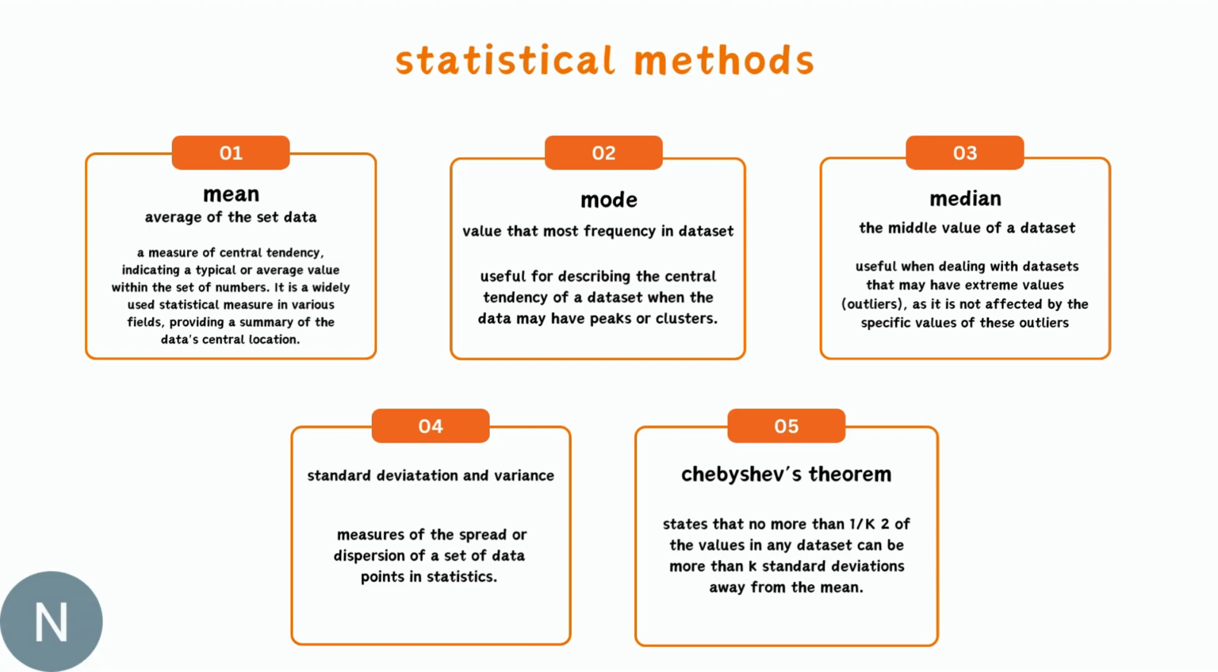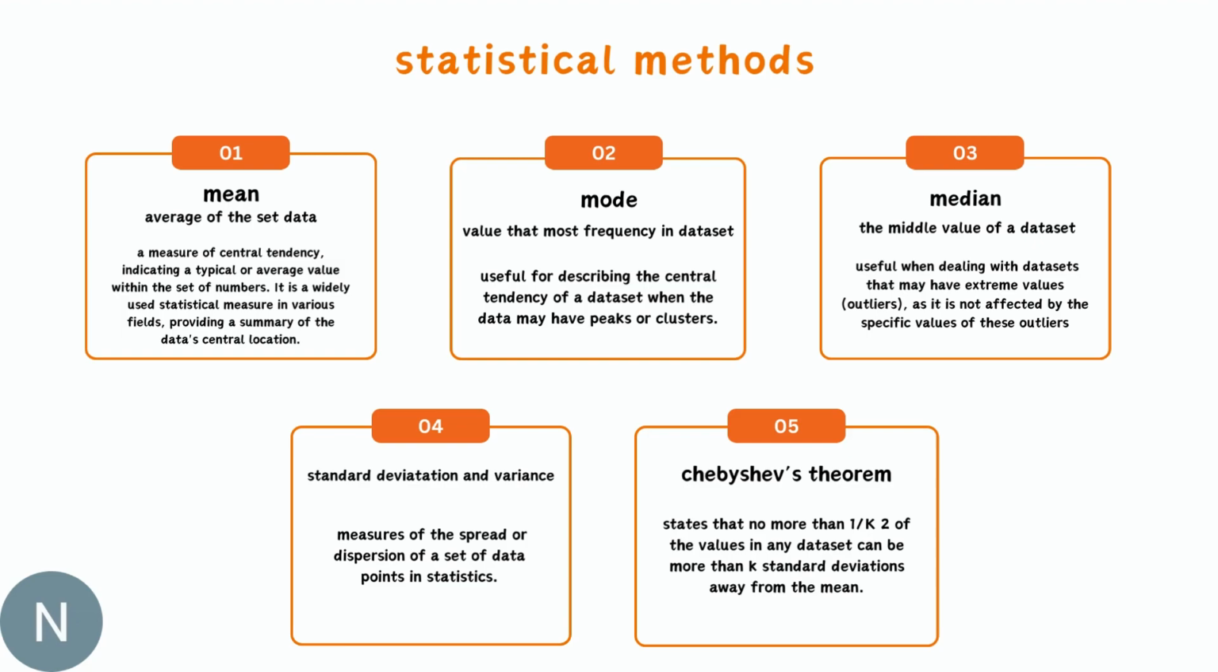For statistical method, we have 5 of them, which is mean, mode, median, standard deviation and variance, and the last one is Chebyshev theorem. For mean, we have to find the average of the data set, and then for the mode, we have to find the value that is the most frequent in the data set, and then the median is the middle value of the data set, and then standard deviation and variance is the measure of the spread or dispersion of a set of